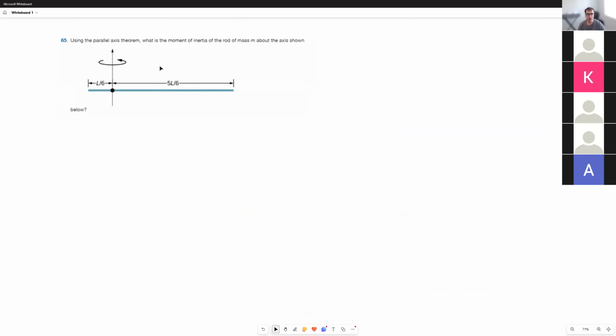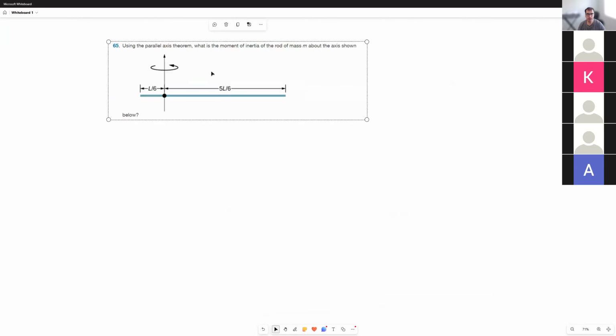It says, using the parallel axis theorem, what is the moment of inertia of the rod of mass m about the axis shaft? What is the parallel axis theorem? It's very easy. It says, if you know, for example,